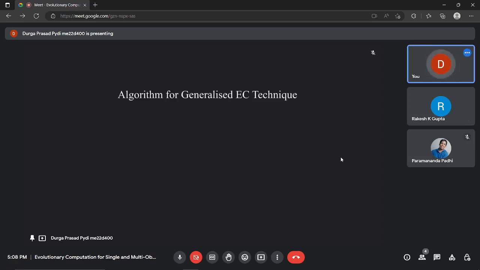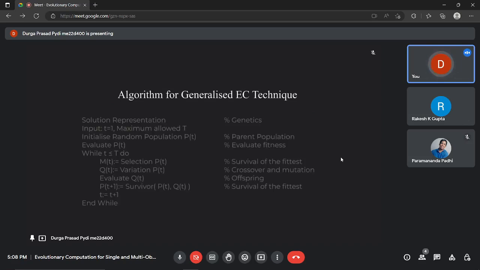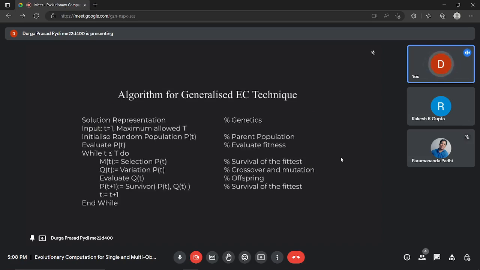Now we'll look at the algorithm used for these evolutionary computation techniques. The first one talks about solution representation. This is essentially the way you tell the computer how the variables have to be stored and how you have to operate on them. And then you start with generations. For each generation, what you are going to do is